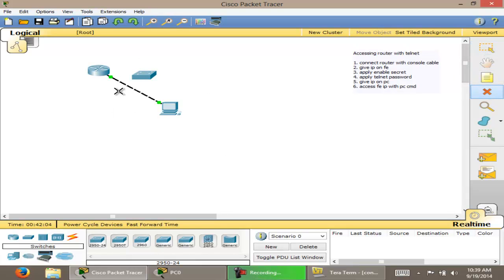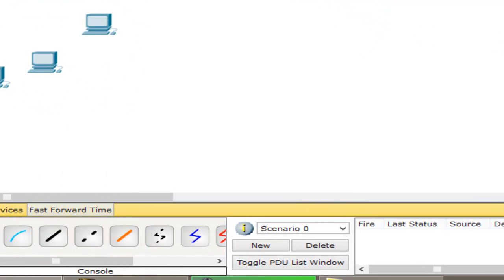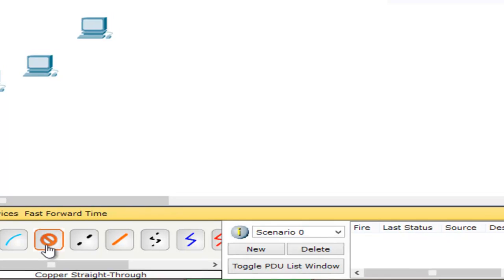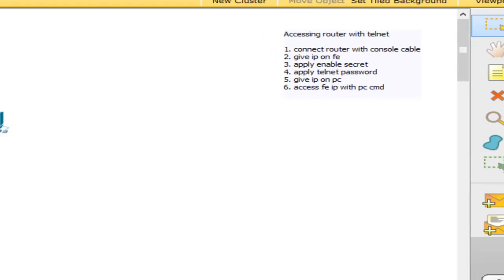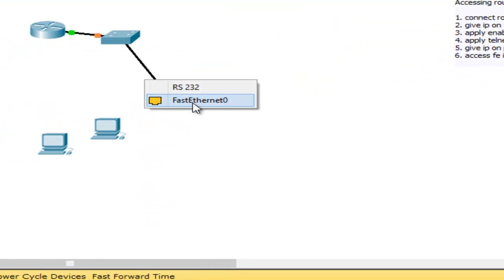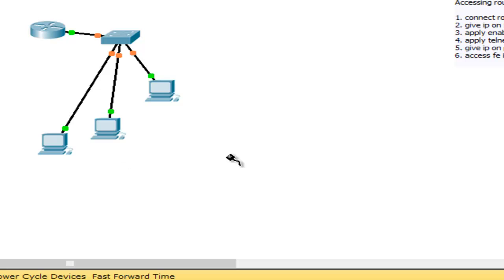The switch. Fast Ethernet 0/0. Now all three PCs are connected with the fast Ethernet 0/0.